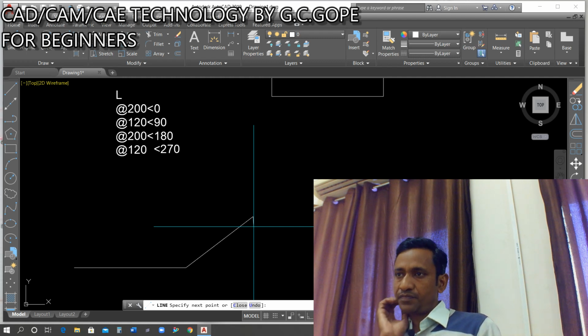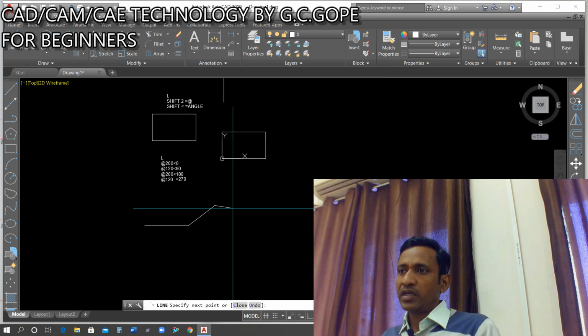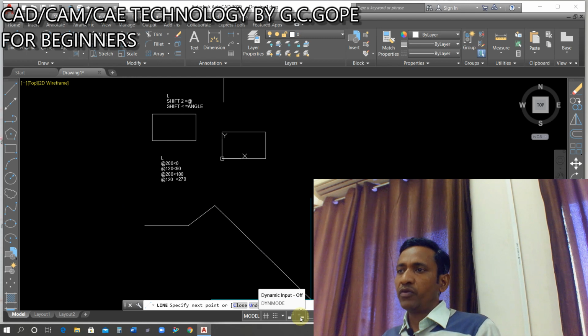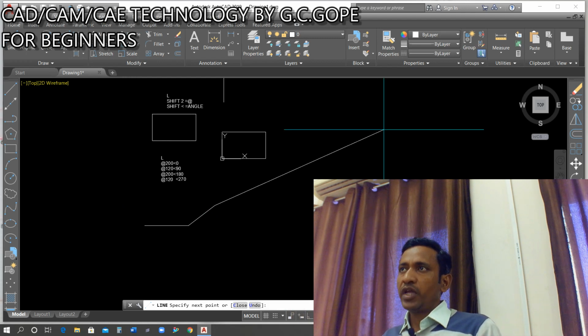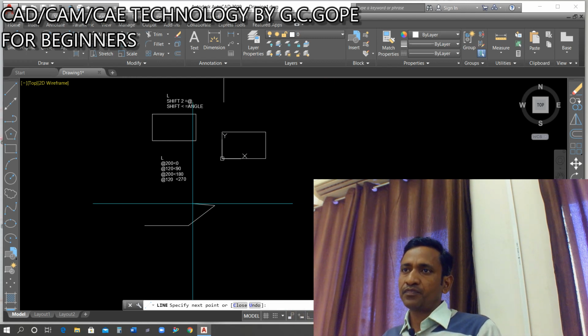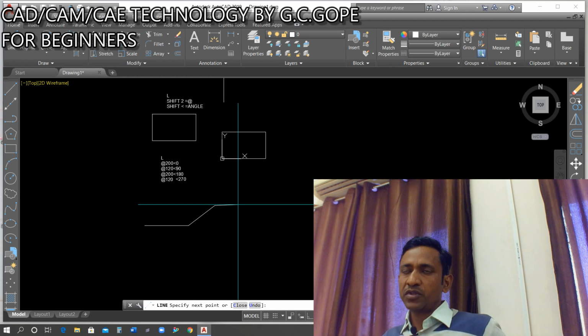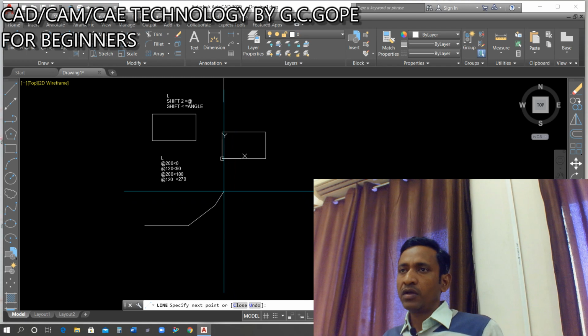You see why this one is here. Some options are on by default, so we have to modify this one. That's why, because of such symbols, this one is not going to form in a proper way.